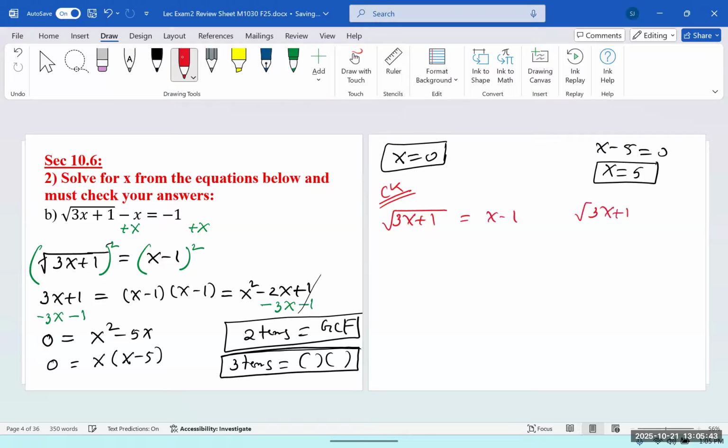Okay, the next one. What is our first step? Move the 7. So do we add or do we subtract? Subtract 7. The square root of 2x minus 1 is 2x minus 7. And then square both sides. So we get 2x minus 1 equals 2x minus 7 times 2x minus 7. And when you multiply 2x minus 7, 2x minus 7,